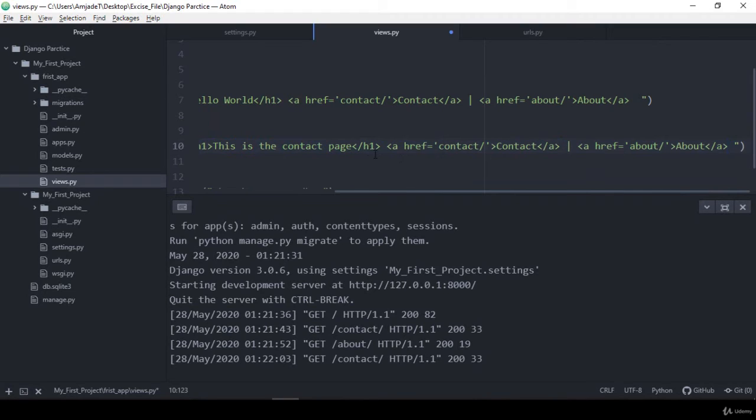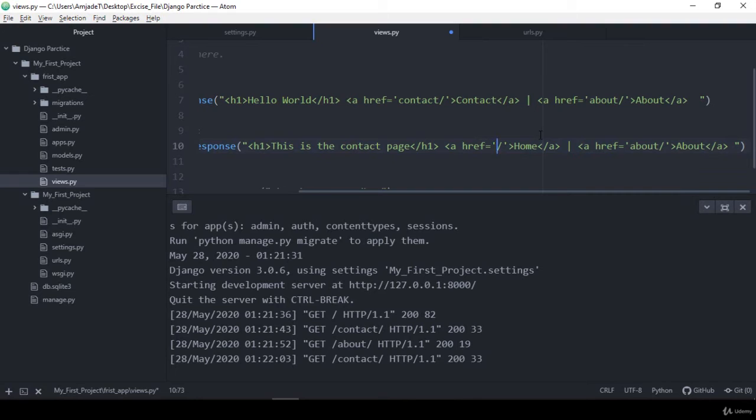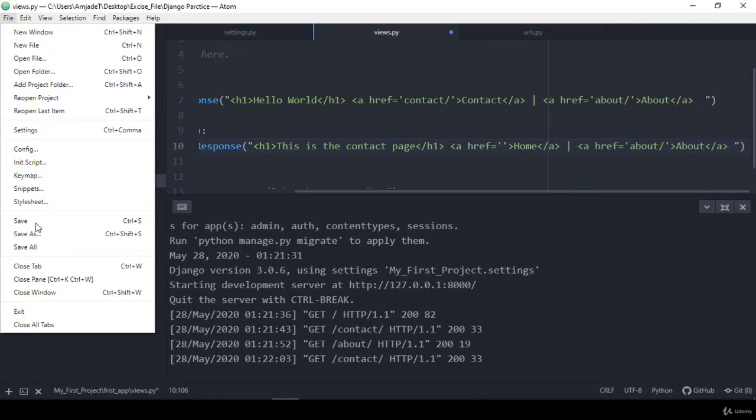So from our contact page, it will be redirected to our home. I just simply define it as home, and for the home I just leave it blank. One thing you have to remember: if you want to make it blank, like I show you, I just put it blank right now. And that will be our about. I just simply define our about the same way. So now if you click Save All,